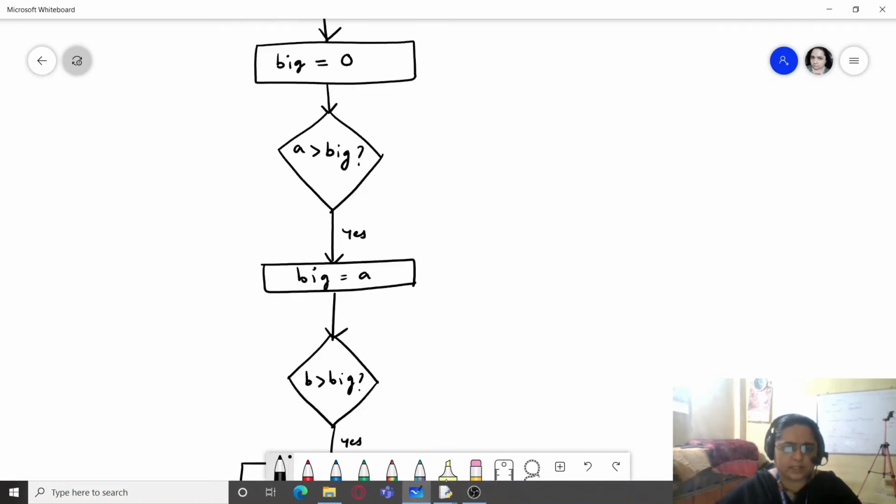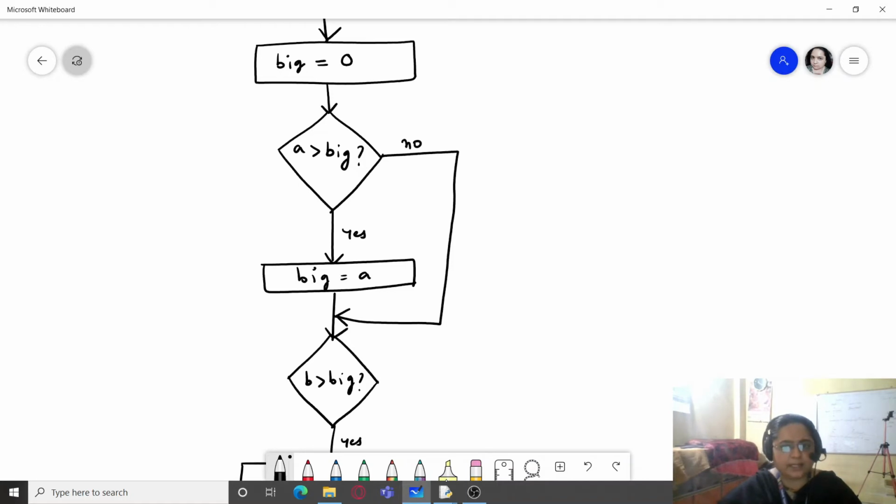So in this question, one thing is left now. If A is not greater than big, then simply move to the next statement, that is, check the next condition. Why I am writing no here is because it is not else.